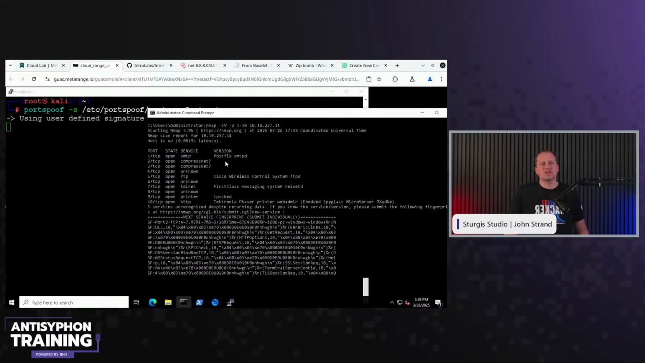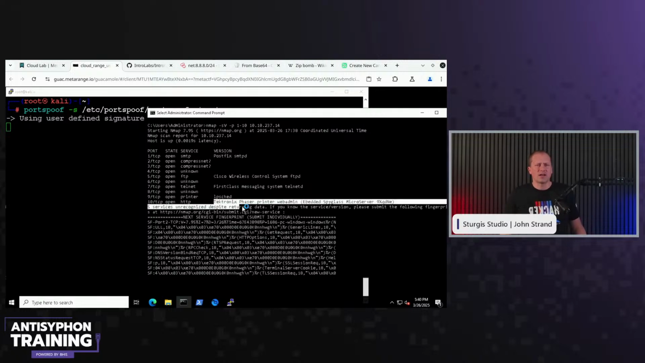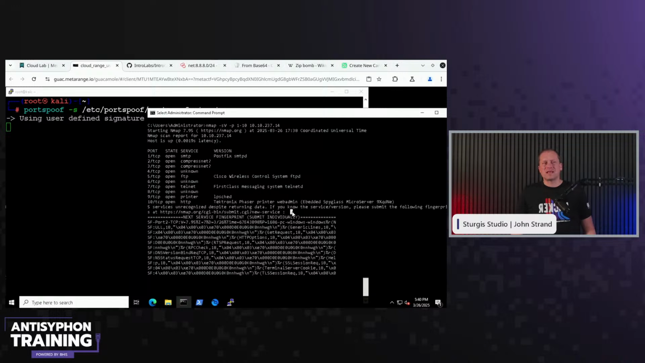So right now you can see that it's still identifying these services, and some of them it's very clean, right? It's very, very clean. It says this is postfix SMTPD, Cisco Wireless Control System for FTP, First Class Messaging System Control, Telnet D, LP scheduled, and then we have a Teletronics phaser, printer webmin port, but then we get to some ports that it was not able to identify. You see, it was unknown for port 8. It was unknown for port 4,